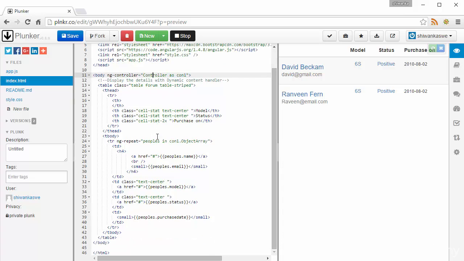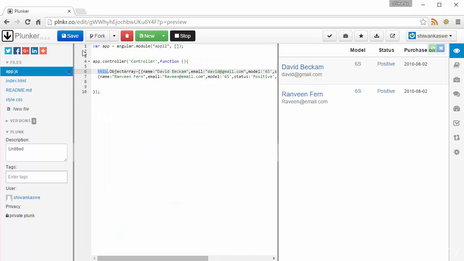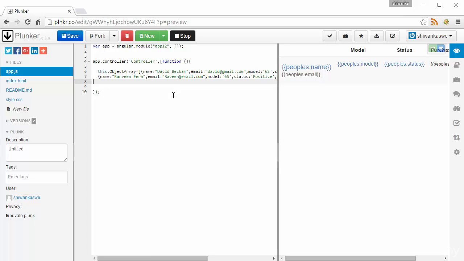But if you are going to use a scope, you can remove these things, because the scope works as a glue between view and controller. We will see how we are going to use a scope in the script file. First, I need to inject a scope into the controller. I'll use